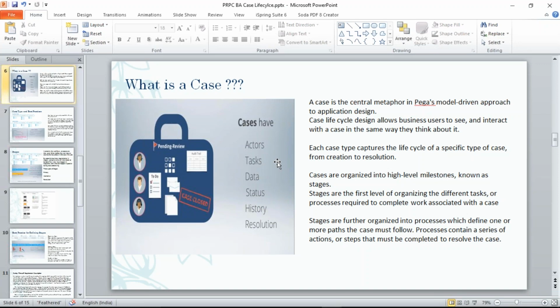As I told you, cases are divided into different milestones, which are called stages. Within that we can convert the complete process into different chunks, each one logical execution. First the customer requests the product, so based on the requester we can also define the stages.